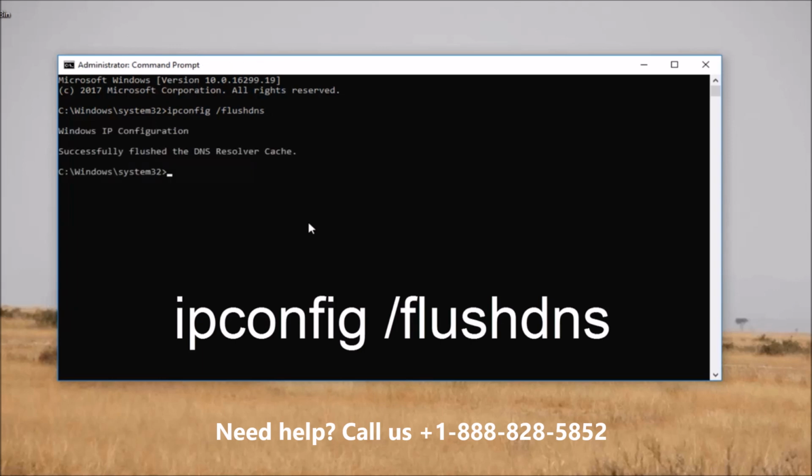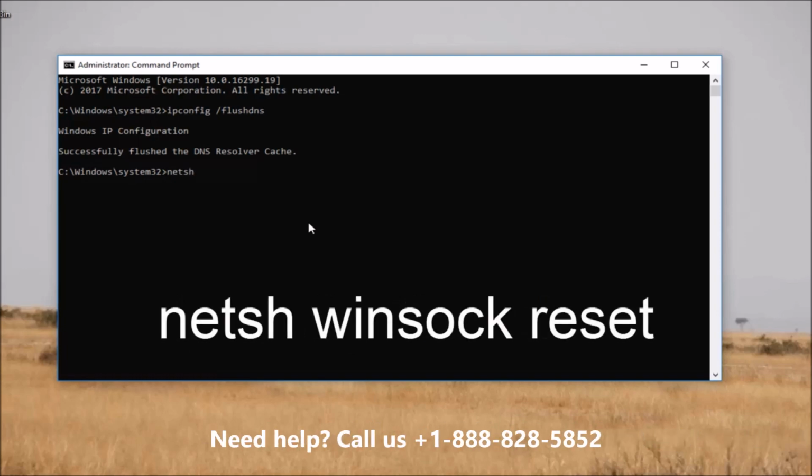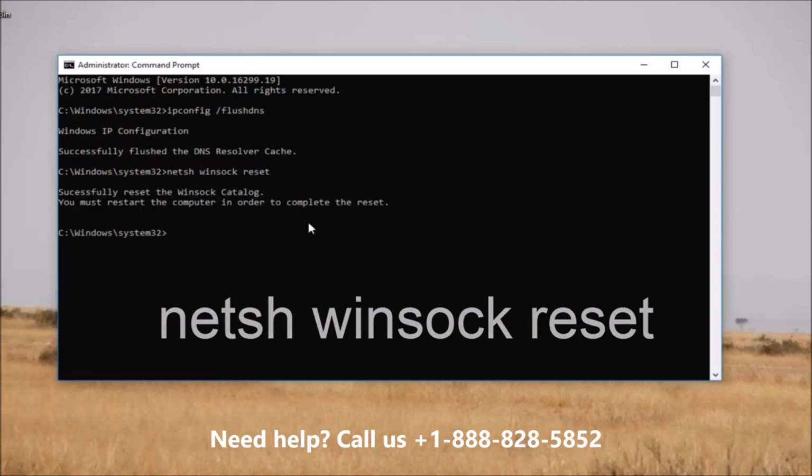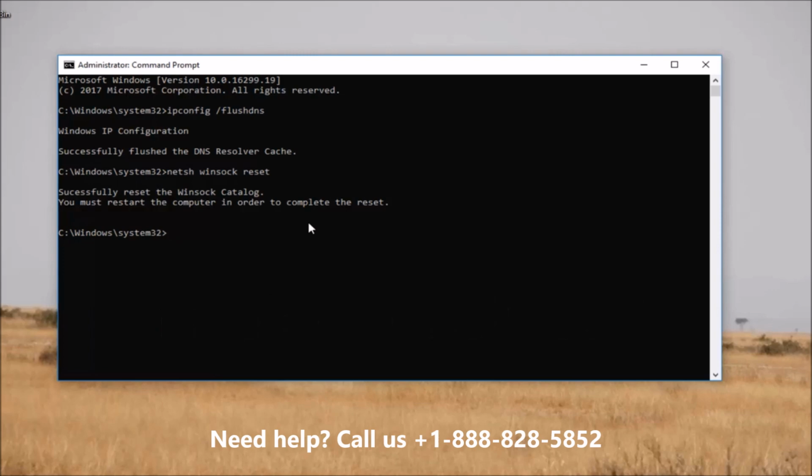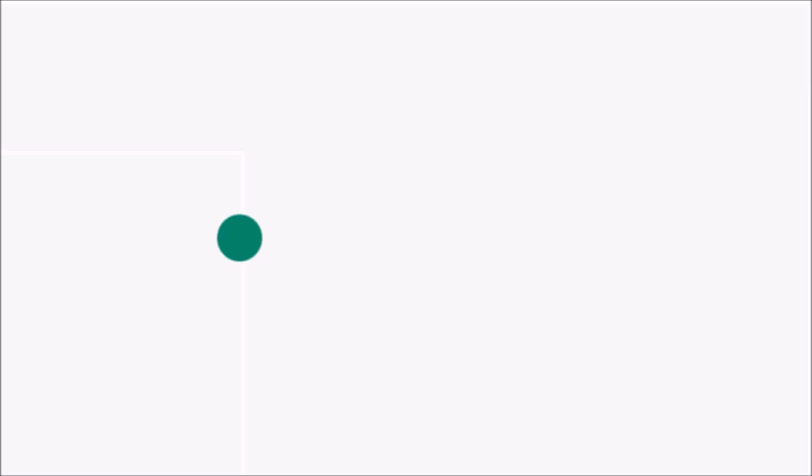And then once you've done that successfully, you want to type in NETSH space winsock space reset. So again, NETSH space winsock space reset. Then you want to hit enter. And then the output should be, if you typed everything in correctly, it should say that it has reset the Winsock catalog. You must restart the computer in order to complete the reset. I would recommend you restart the computer at this point in time after you